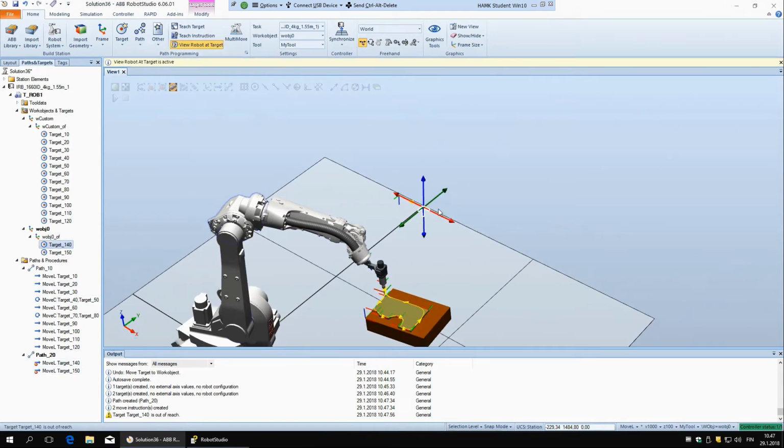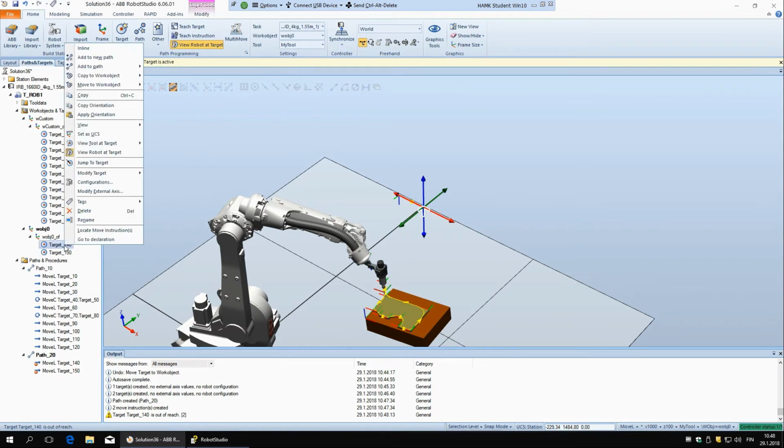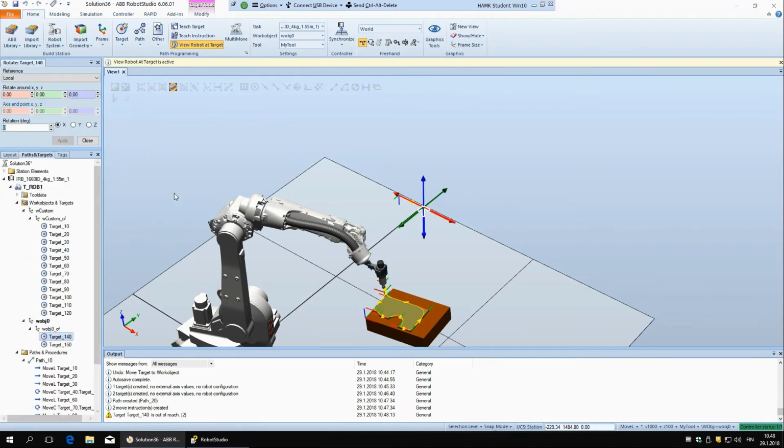Oh yeah, it's not reachable because it would have to be pointing in that, so the robot would have to be coming from this side. So I think it's still in the work envelope, but let's rotate them. So I can say modify target and rotate. So local around origin, and we can say 90 degrees around Z axis, and let's say apply,